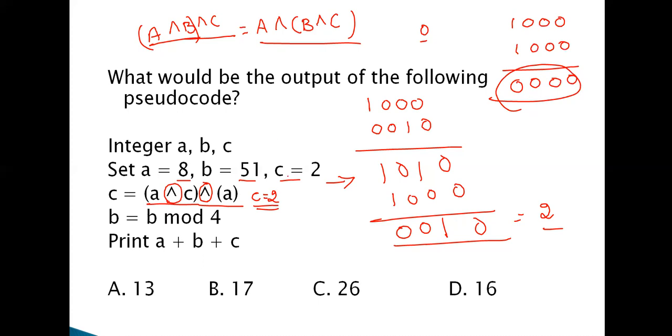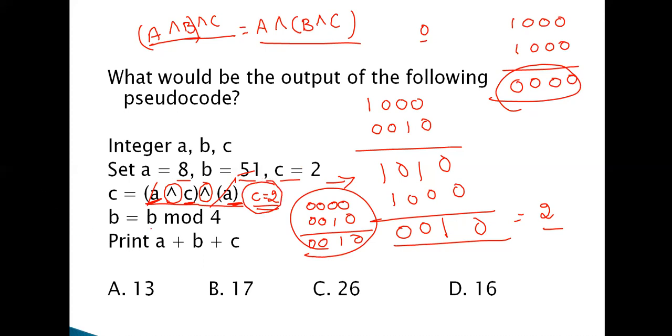So here what happens? A and A both are XORed. The result is 0. So 000 is XORed with C, giving 0010. That is the reason for its answer. So in the expression, if the same term is present more than once, simply ignore those. That is the reason we are again getting 2.